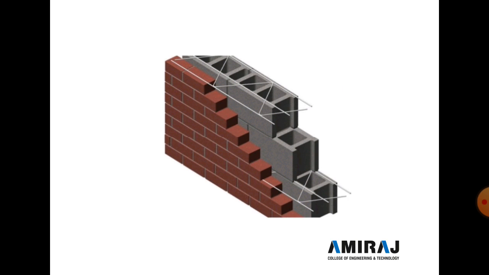Now here in this figure we can see the composite masonry structure. In this structure, on the inner side we use hollow concrete blocks and on the outer side of the wall we use brick. In this structure both walls are bound with each other by joints. At regular intervals, horizontal keys or joints are provided to bond the two walls.